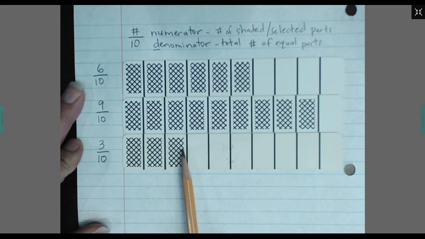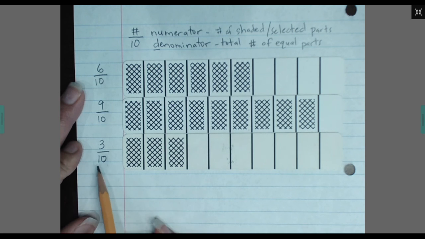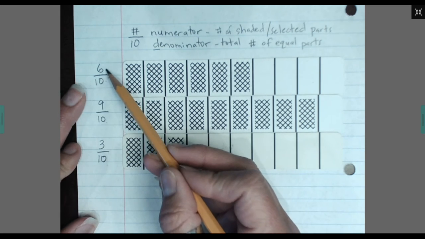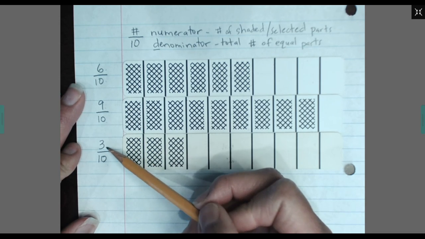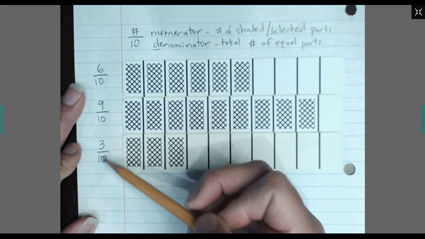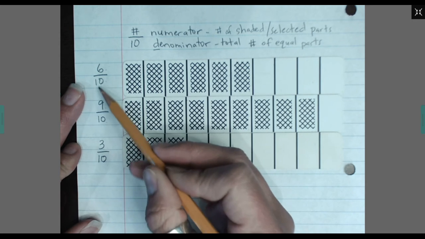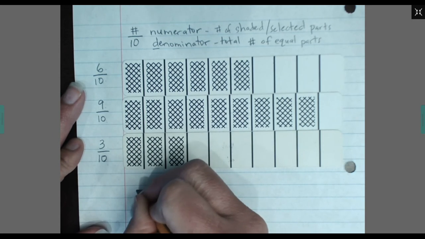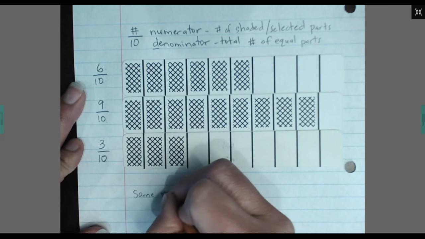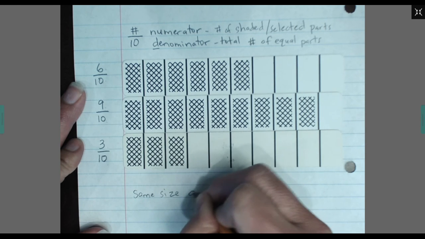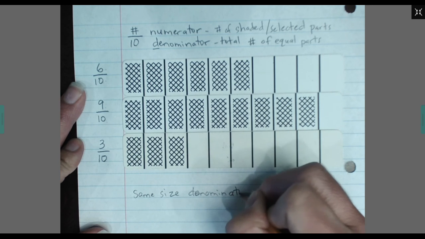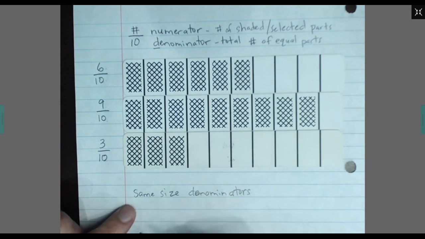Now, since all the parts are the same size, the denominators are the same, whatever numerator is largest, that means that's the largest fraction. But the only reason that works is because the denominators are the same. So same size denominators. If the denominators are the same size,